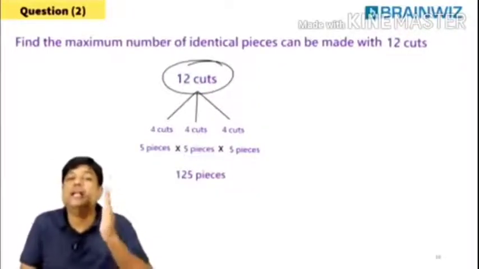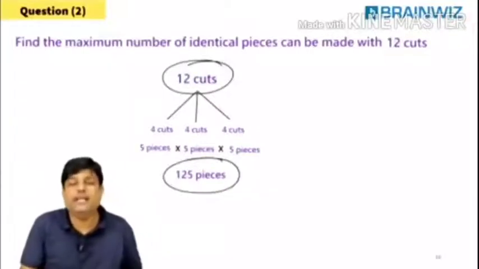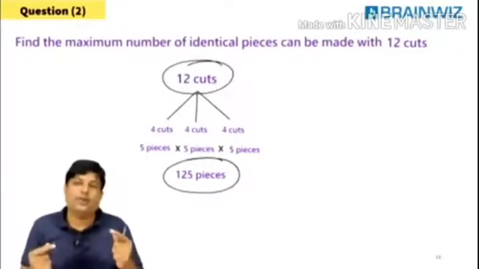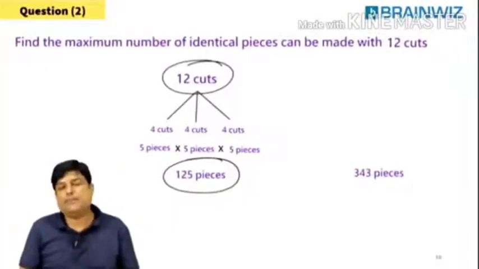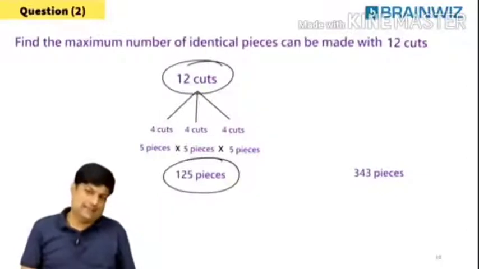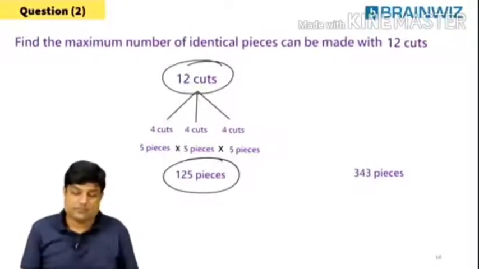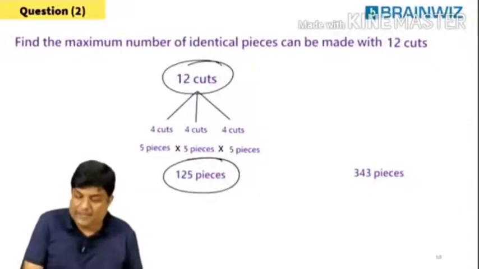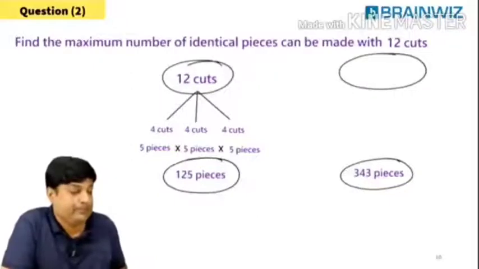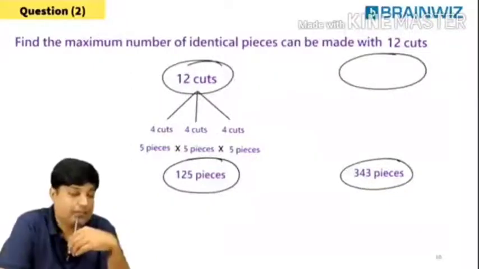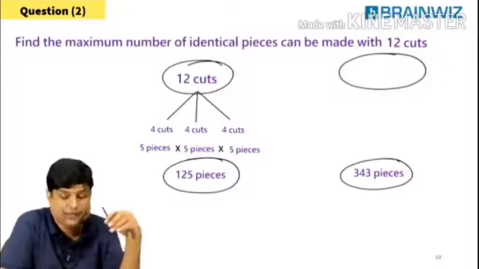Now I'm giving you cuts, you are telling me pieces. But in this process, I'll give you pieces. Seriously, I'm giving you pieces. You tell me cuts, Baba. Jaldi karo. Pakka? That's good. What is this, beta? This is a reverse process.